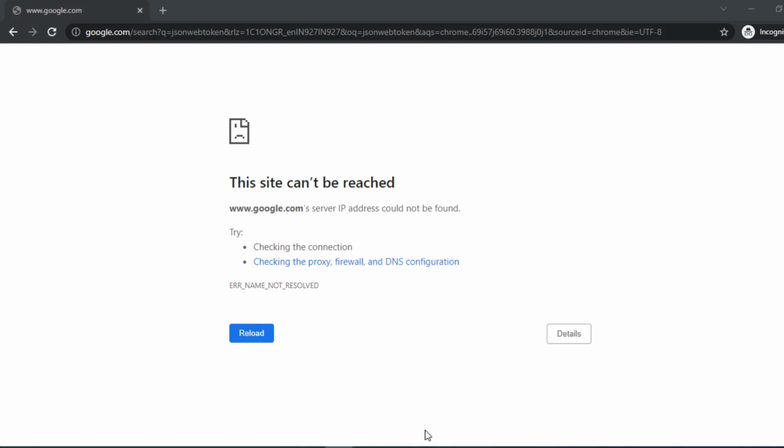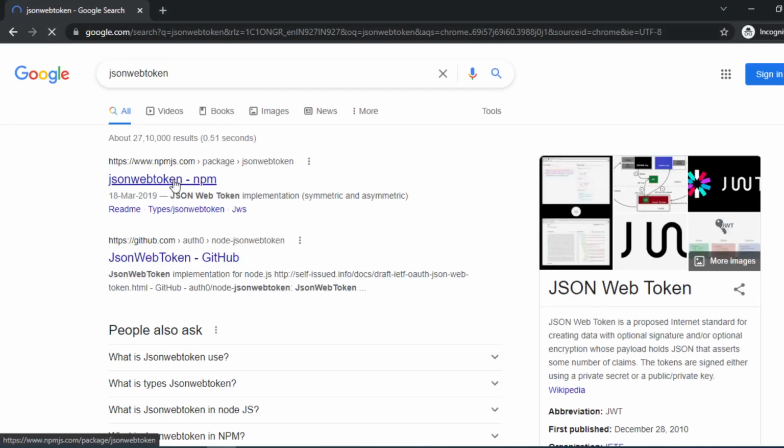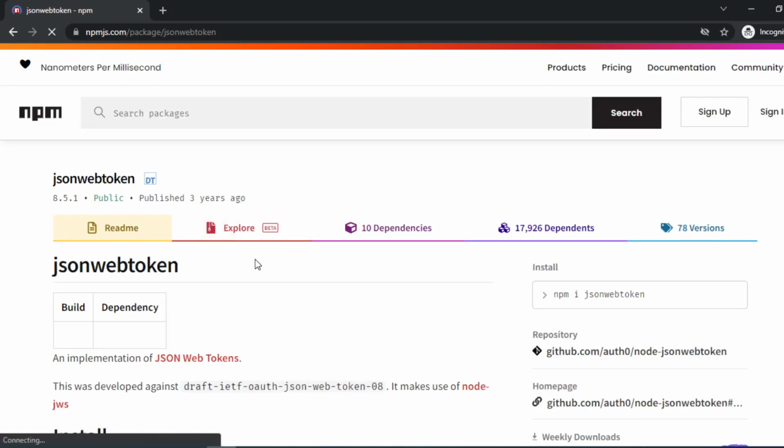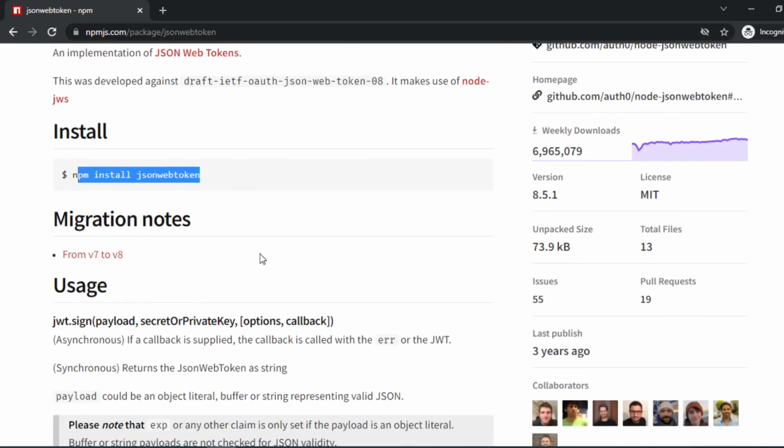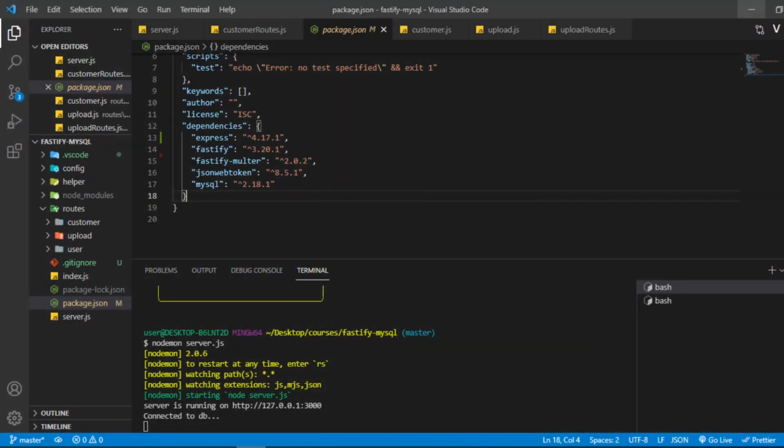So I was telling you I was about to use JSON Web Token. This is the dependency that I am going to install. I will not install it because I have already installed it in our application, and this is the dependency which you have to install in your system. If you don't install it, it will not work. You have to install it. Let me show you. I have already done it. As you can see, this is the dependency right here. So if you have installed it, now we are on the same page.